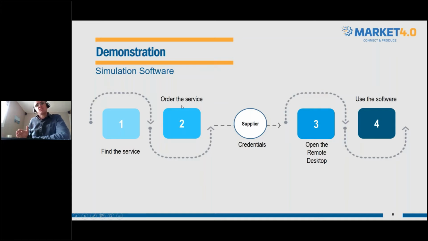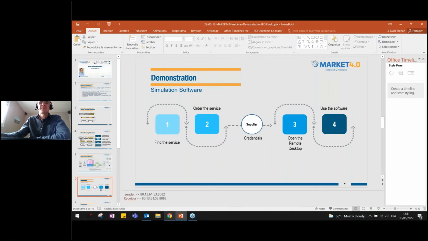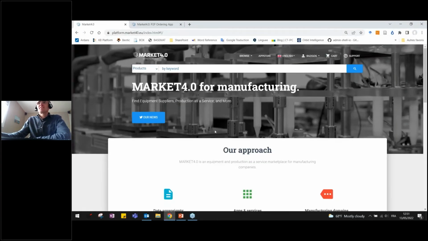Once you have ordered the service, the supplier will send to you some credentials to access a remote server so that you can use the software. So let's go. Let's do the demonstration. Of course it starts with a portal. So we are on the landing page of the MARKET4.0